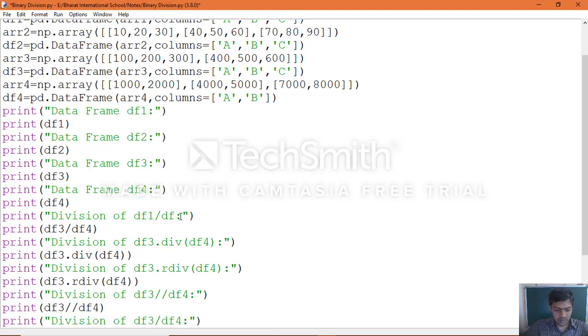1, 2, the operation which you want to perform.